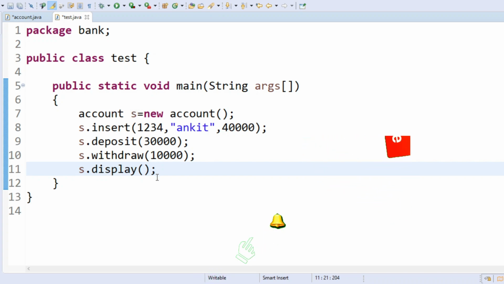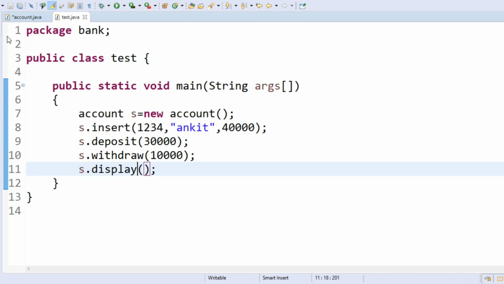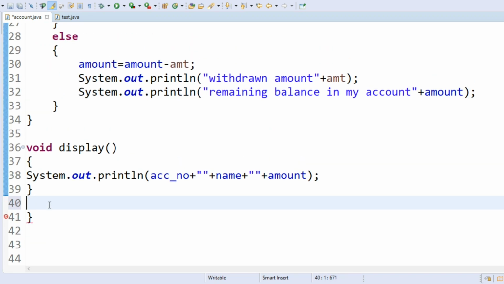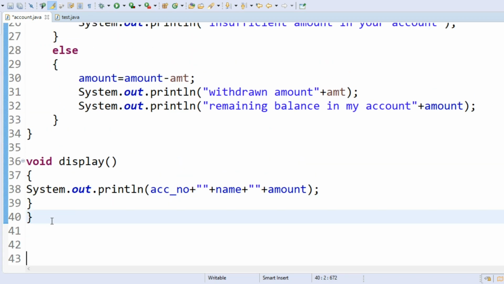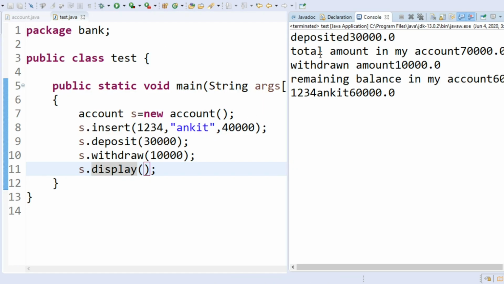So I would like to compile this program. Sorry, here this main method has to be deleted. Now let's compile it. It is the same as our original program, but here we have two different classes, in which one has the main method and one is the other class.